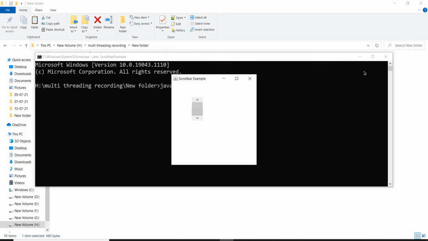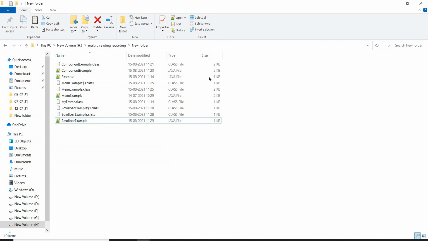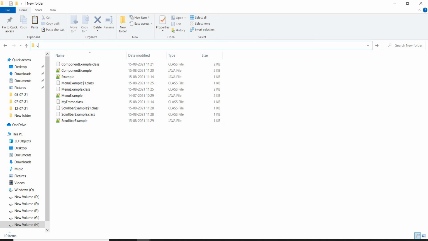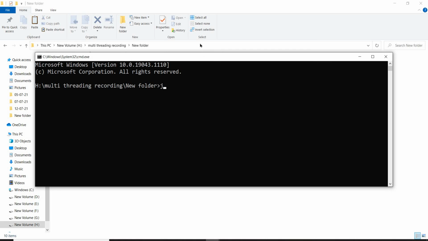The Swing components are the next version to this AWT. They will have a richer look than the AWT components. Let's see the scroll bar example.java.